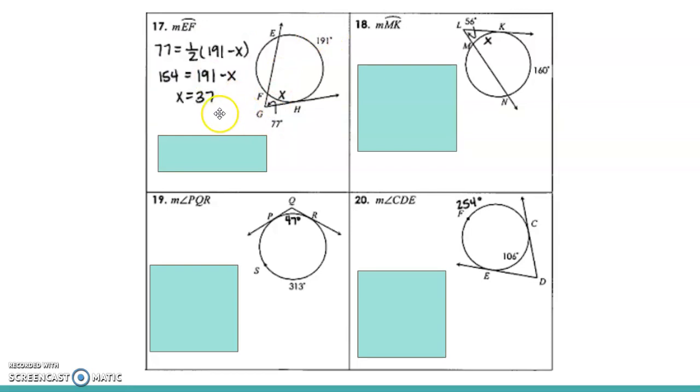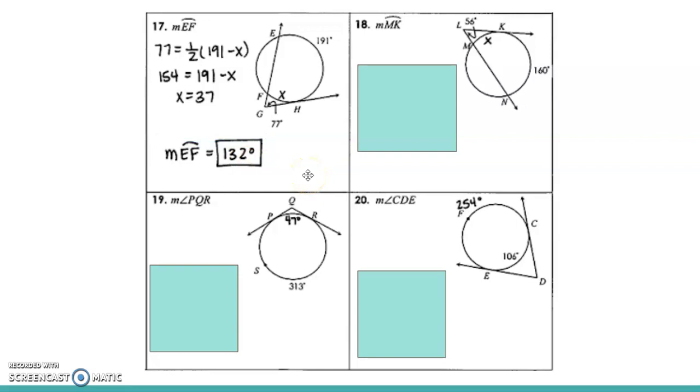When we do that, we have our angle of 77 is equal to 1/2, and then the arcs subtracted from one another, so 191 minus X, and I solve for X to be 37. Now that I know EH and I know HF, I can subtract those two from 360